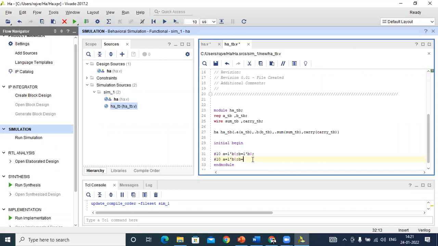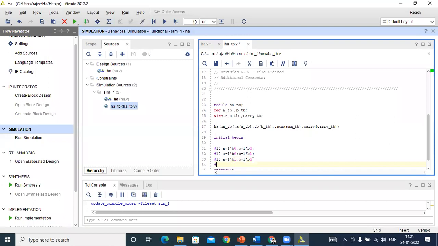If you're getting any issue, please ask me. After that we apply 1, 0. After again 10 nanoseconds, we apply 1, 0, and at last we apply 1, 1.